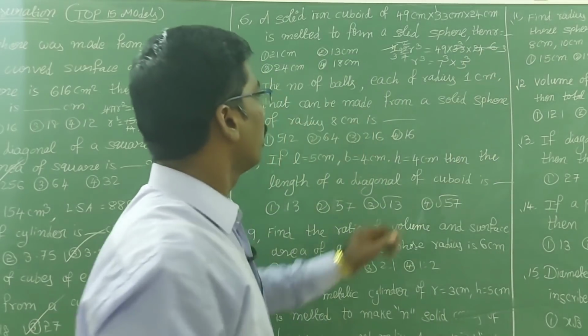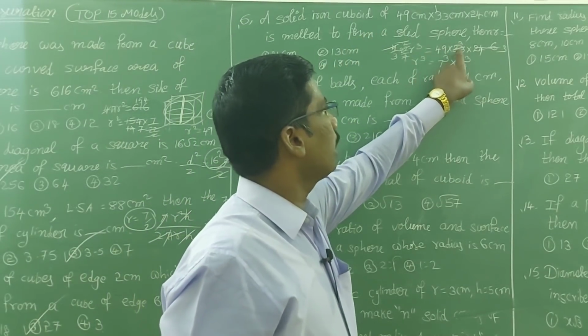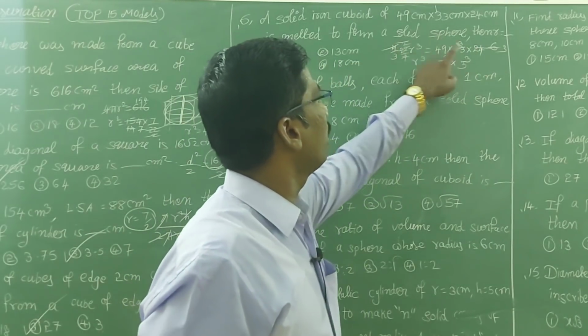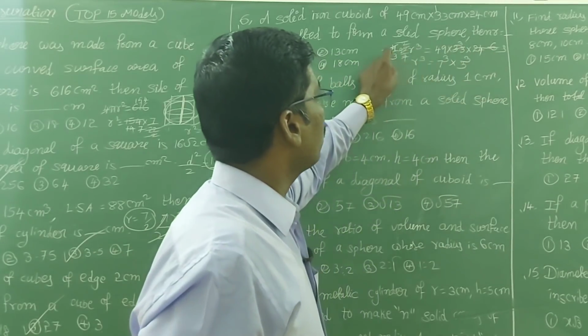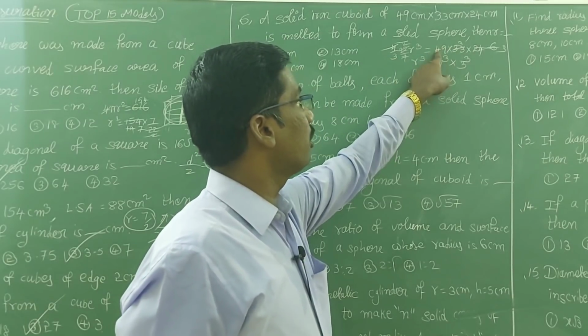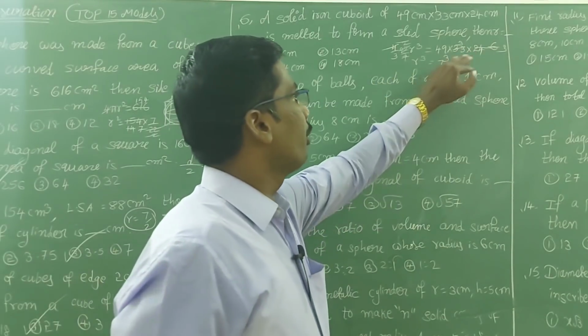So again I am saying 4 by 3 into 22 by 7 into r cube is equal to 14 into 33 into 24. Now what I am doing, 4 1s are 4, 4 6s are 24, again 11 2s are 22, 11 3s are 33, again 2 1s are 2, 2 3s are 6. Here 3 is there, here 3 is there, and also down 3 into 7 is there. If you bring to this side, then this is 7 square into 7, means 7 cube. This is 3, this is 3 3, so 3 cube. So 7 cube 3 cube.